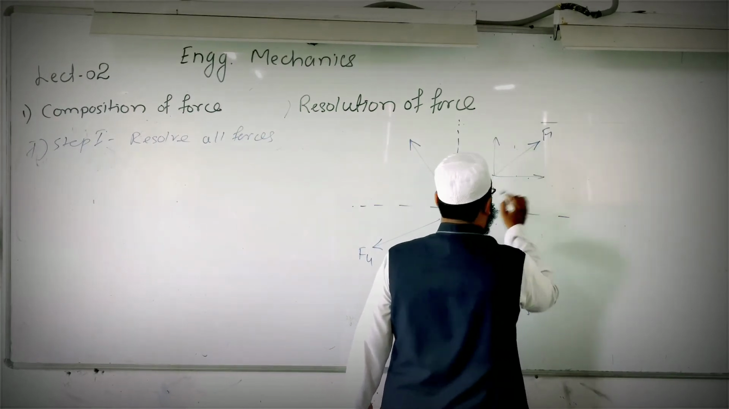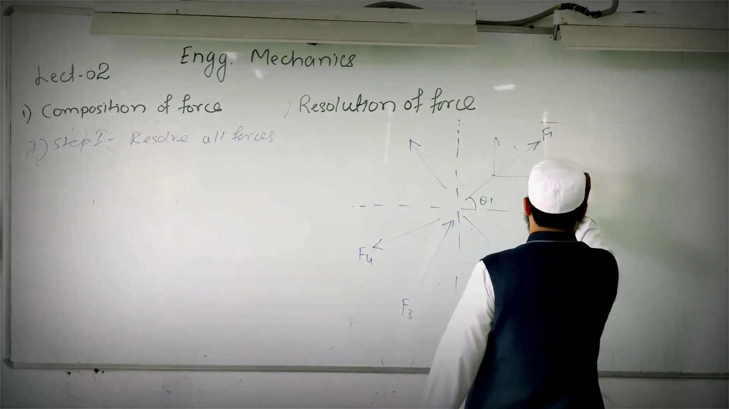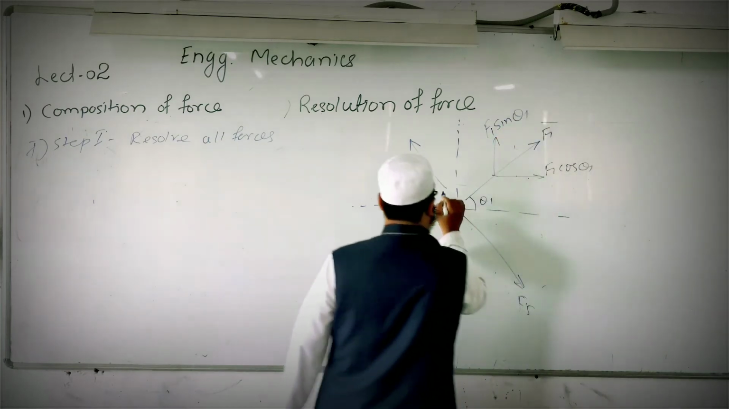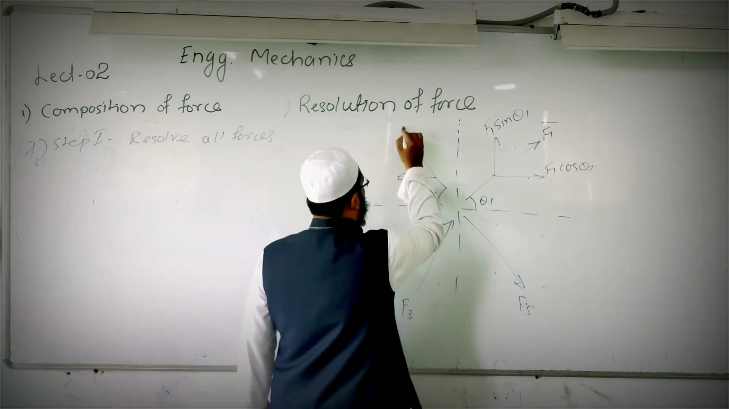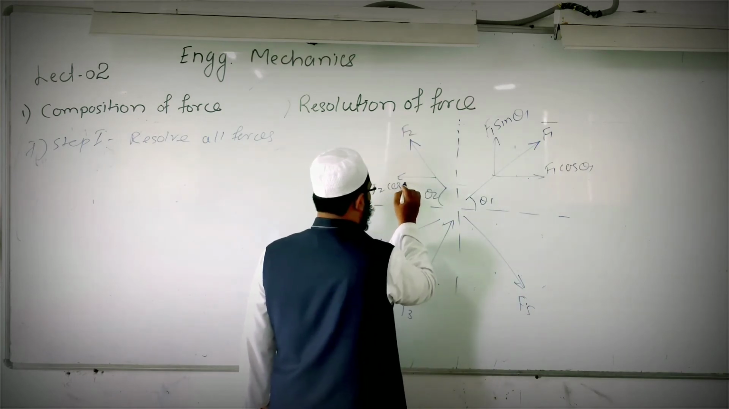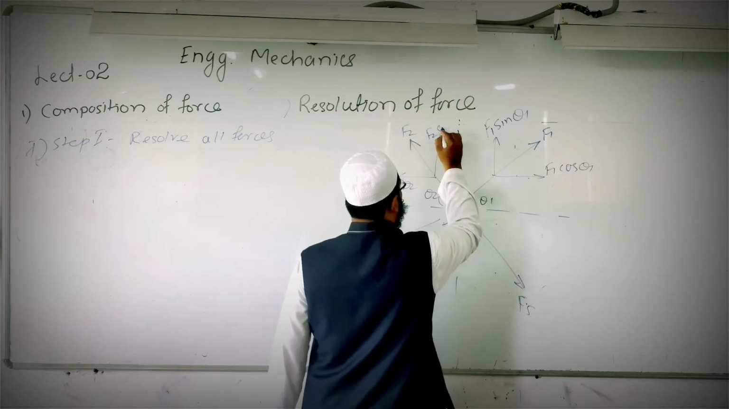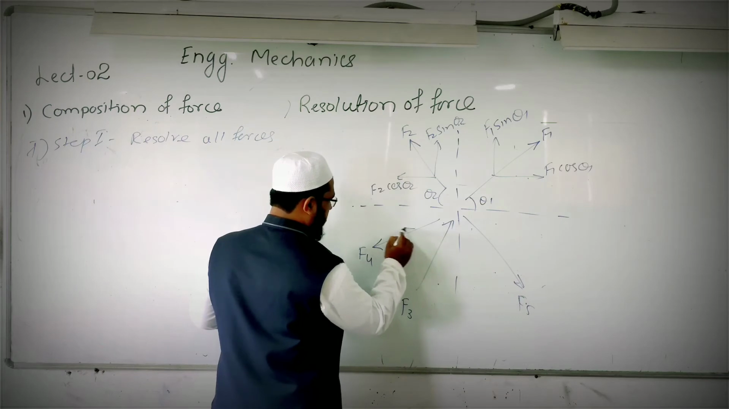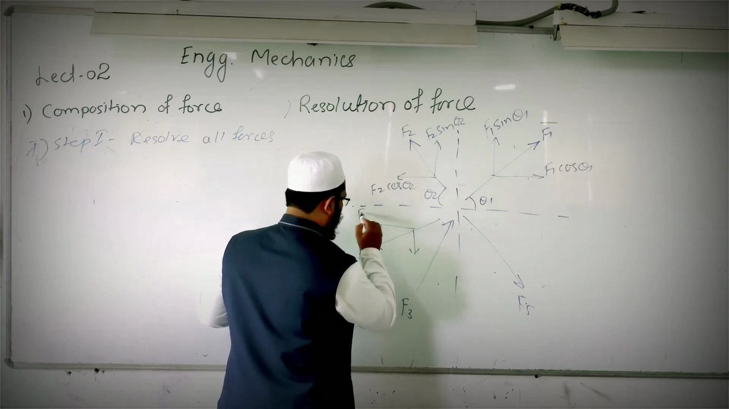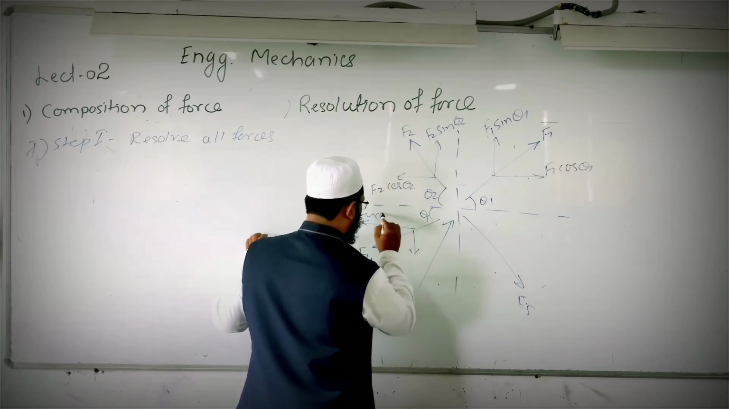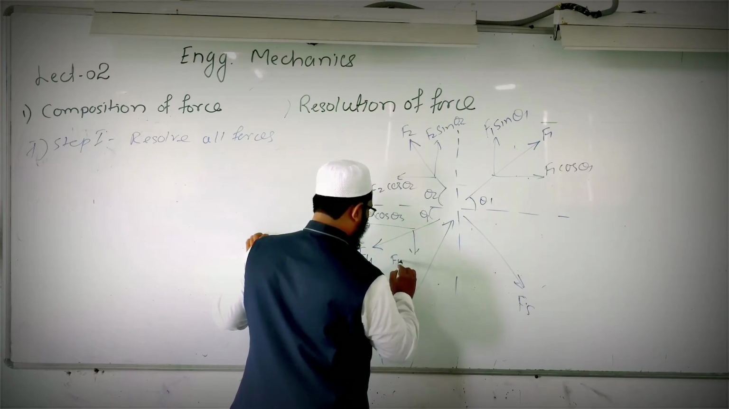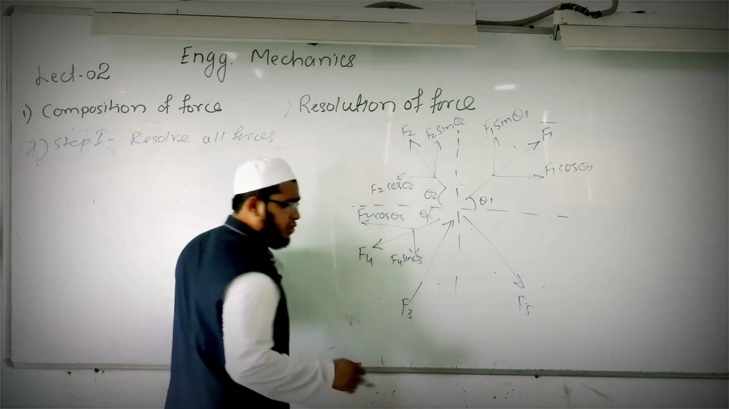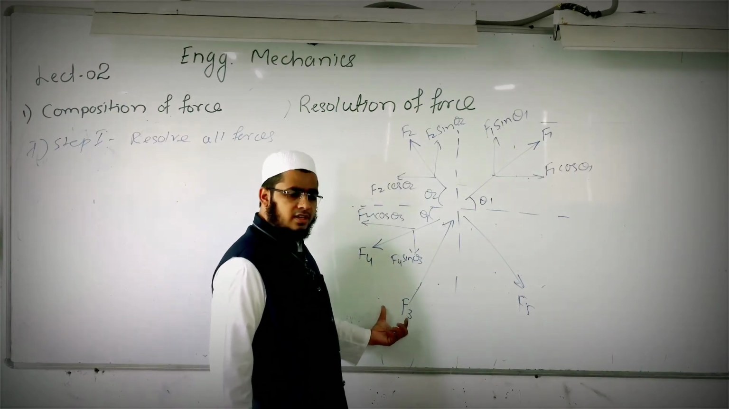Resolution is very simple. If it is angle theta 1, F1 cos theta 1, F1 sin theta 1. If it is theta 2, then F2 cos theta 2, F2 sin theta 2. F4, if the angle is theta 3, F4 cos theta 3, F4 sin theta 3. So, a very important thing, the twist in F3 is, this F3